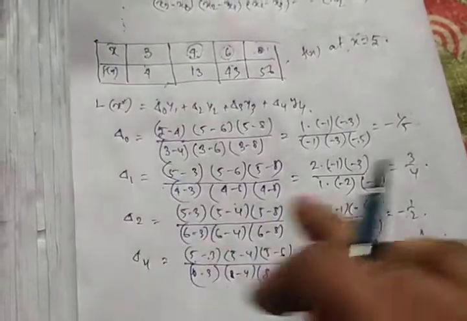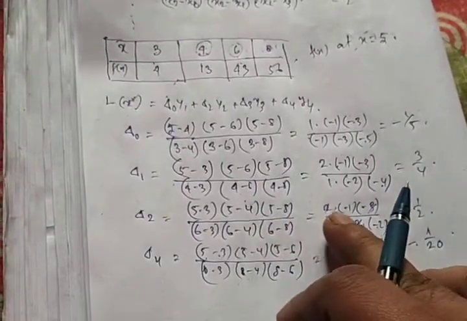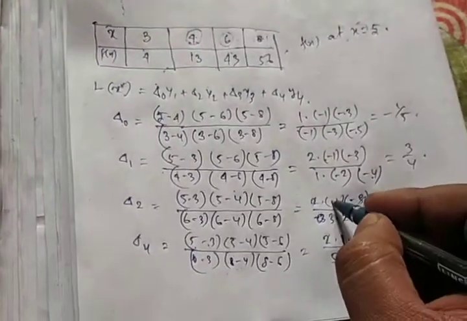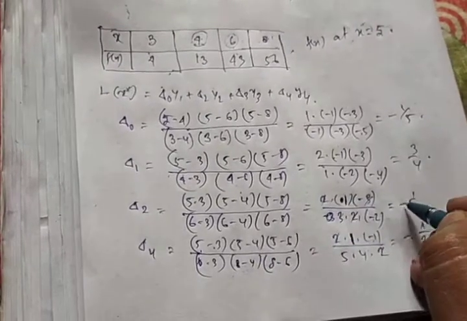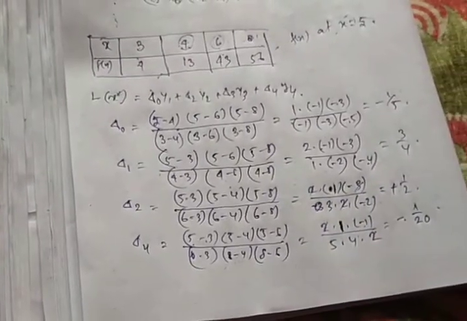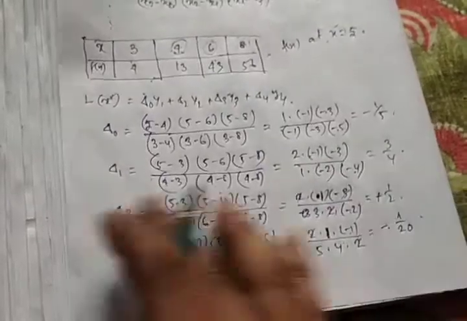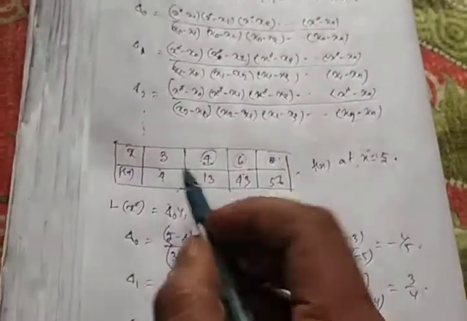Here 5 minus 3 is 2, 5 minus 4, sorry, this will be 1 only, not negative. So this is plus, minus 1 by 20. Okay, so we have found delta 0, delta 1, delta 2, delta 3,